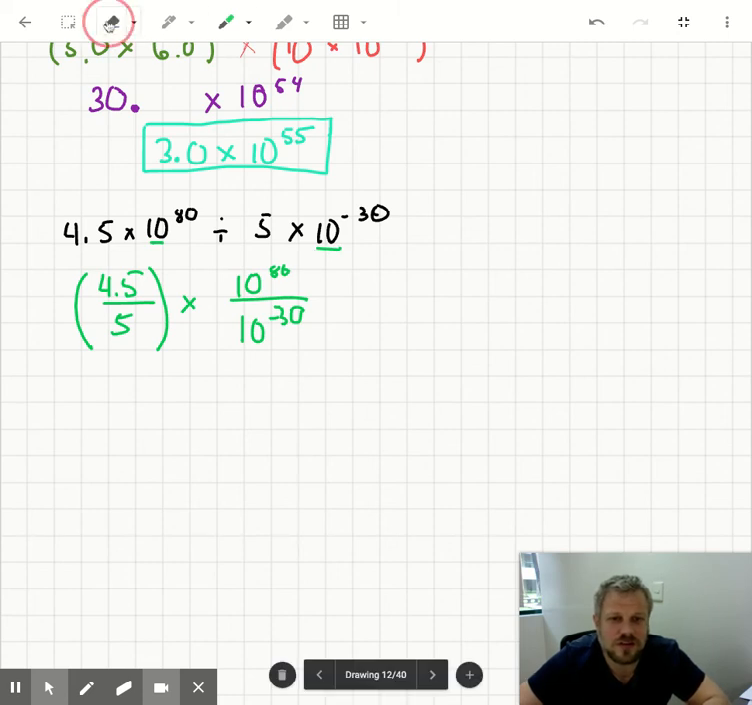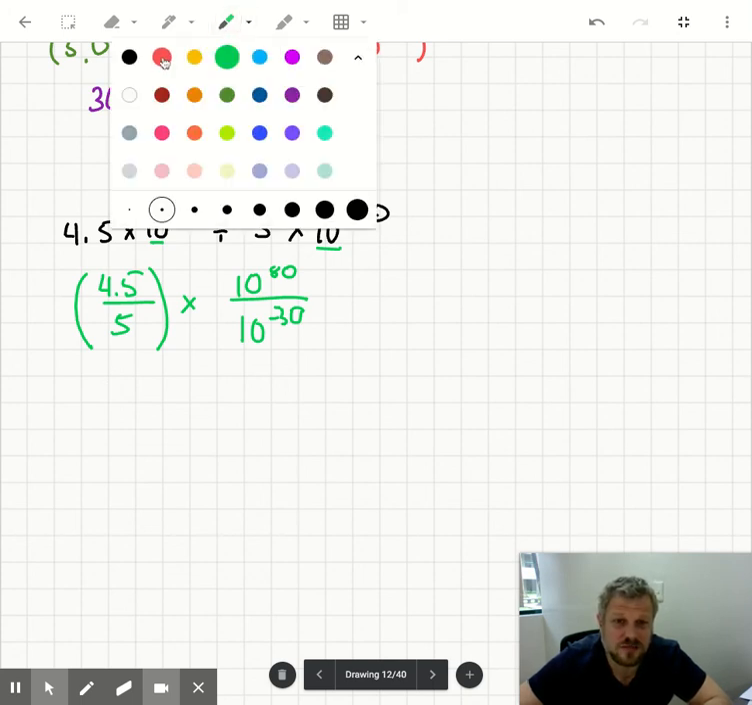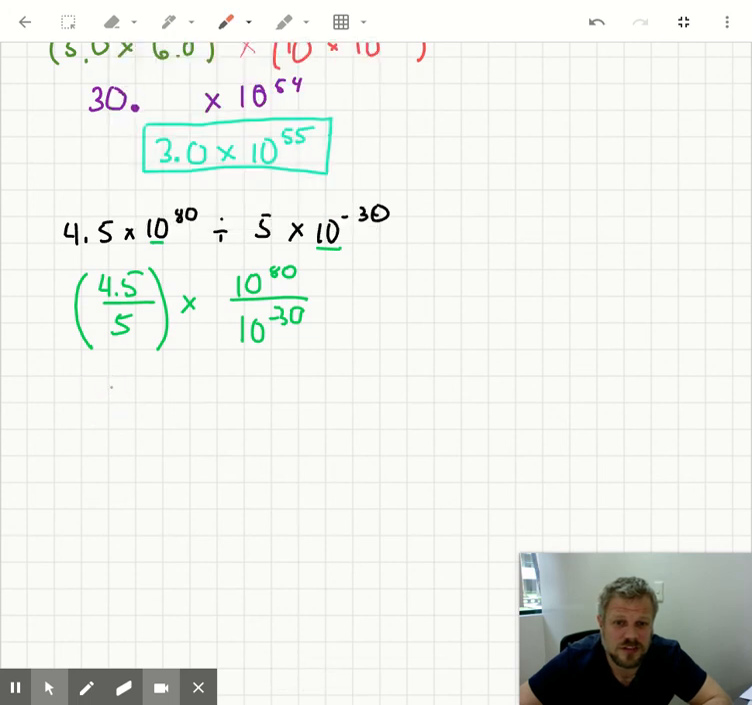Let me fix this here because it should be 80. That looked like an 86 to me. It should be 80. Okay, so 4.5 divided by 5. Well, think about 45 divided by 5 was 9, right? So 4.5 divided by 5 would be 0.9. Let's change colors again. So this is actually 0.9